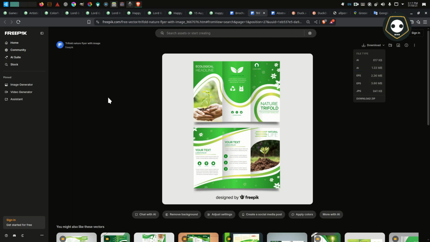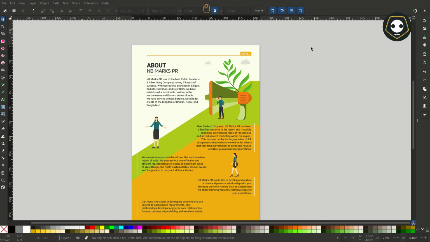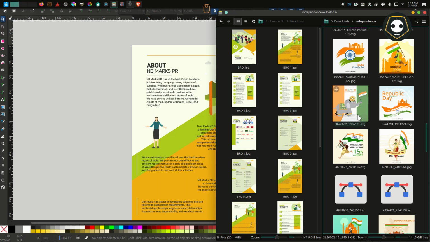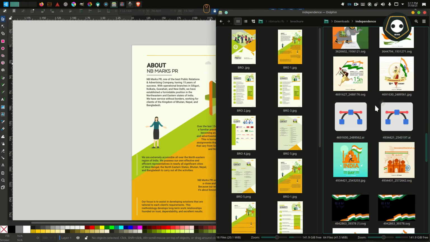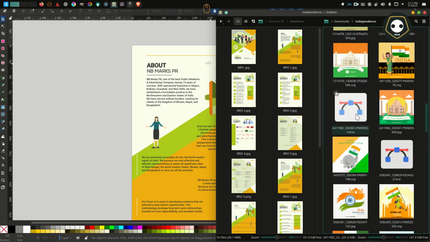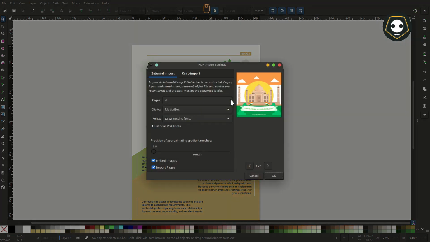When I download this one, you can see here I have already downloaded this file. You can see the SVG file or something like that, the AI file. Right click and open with Inkscape.